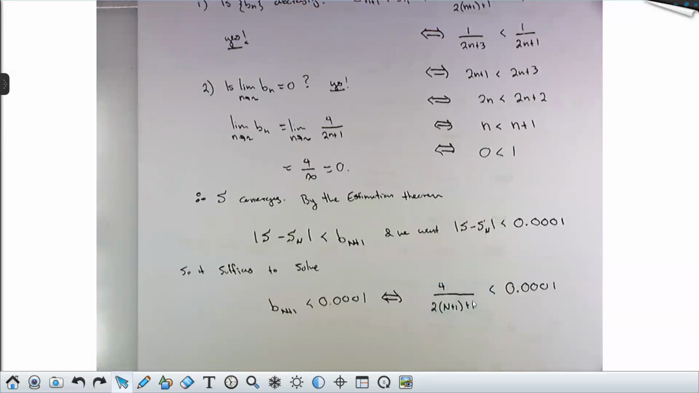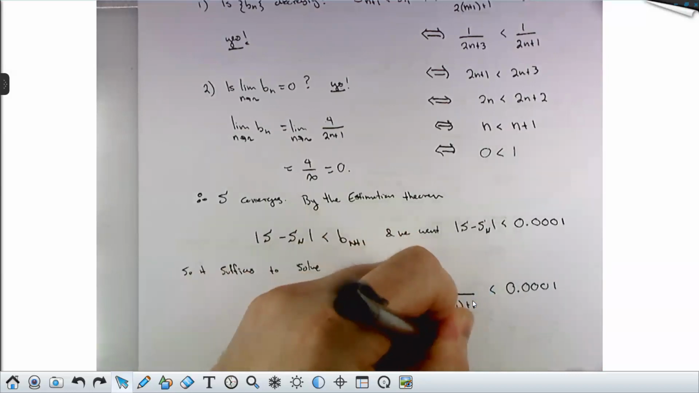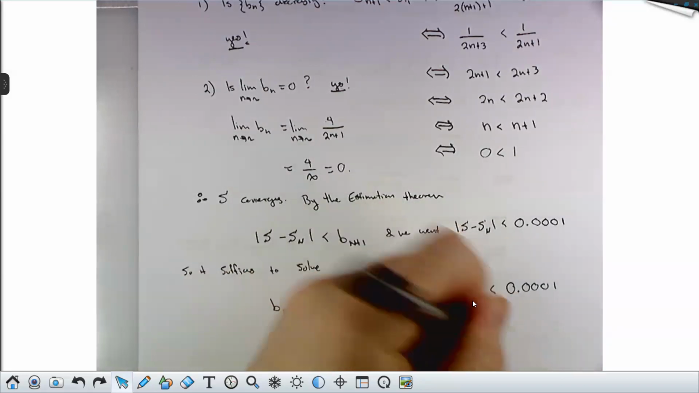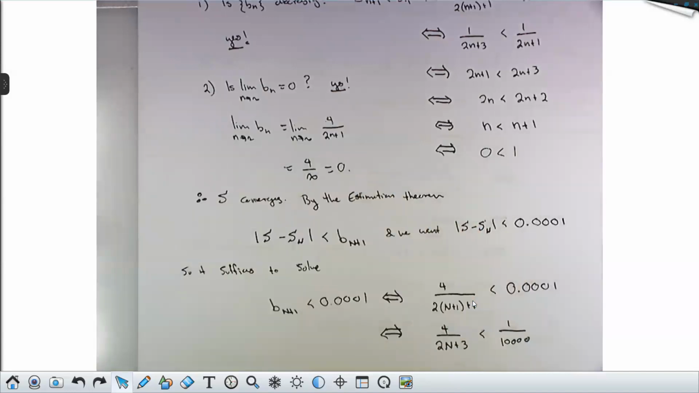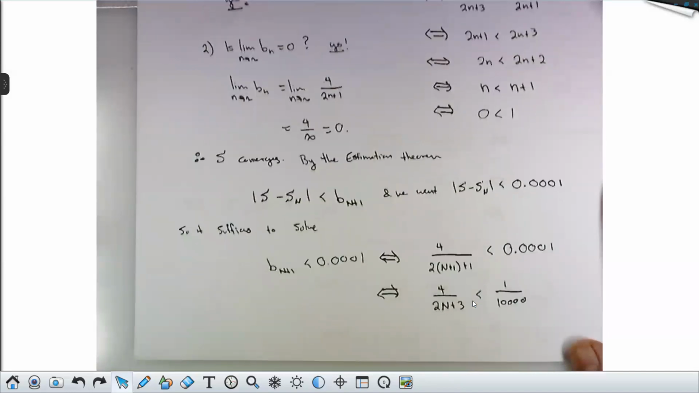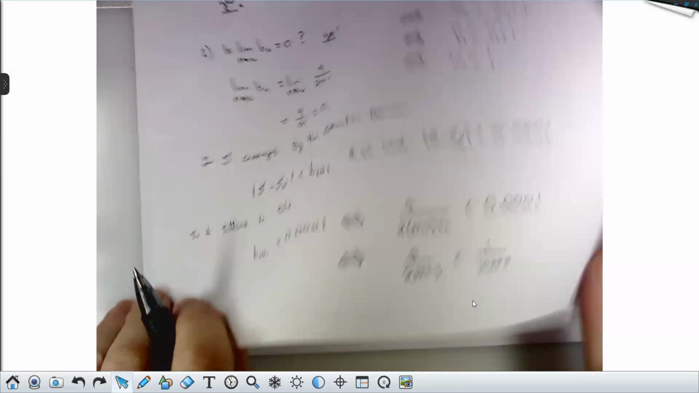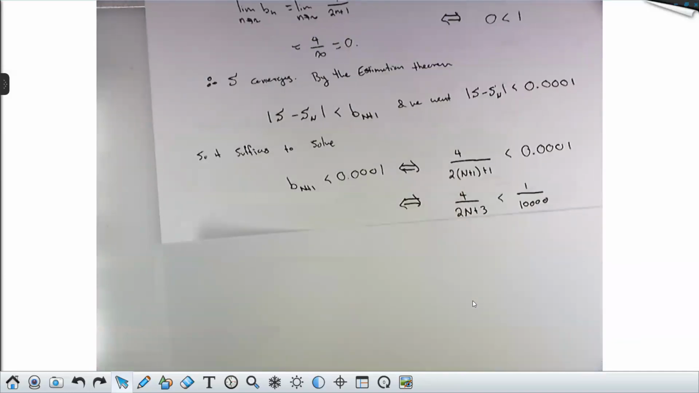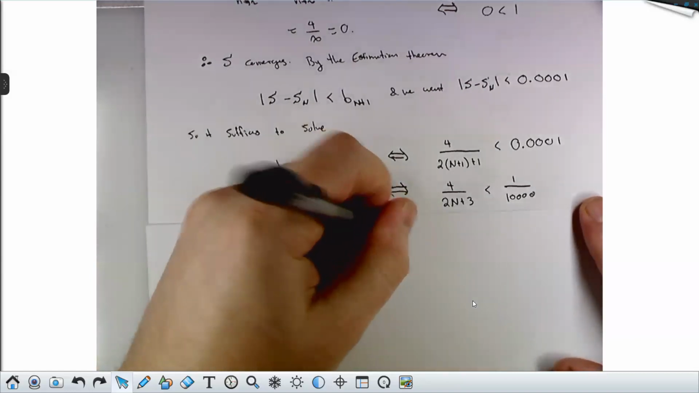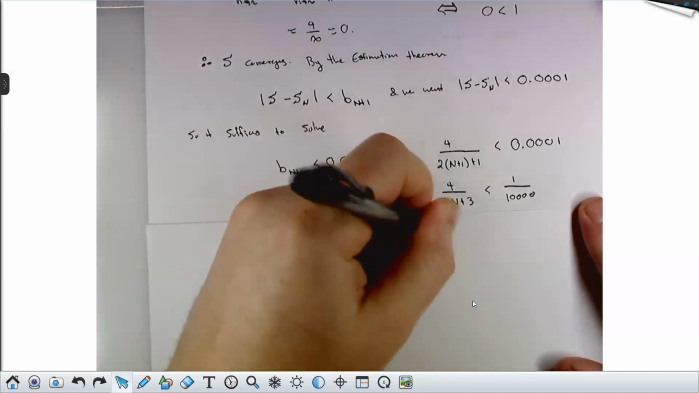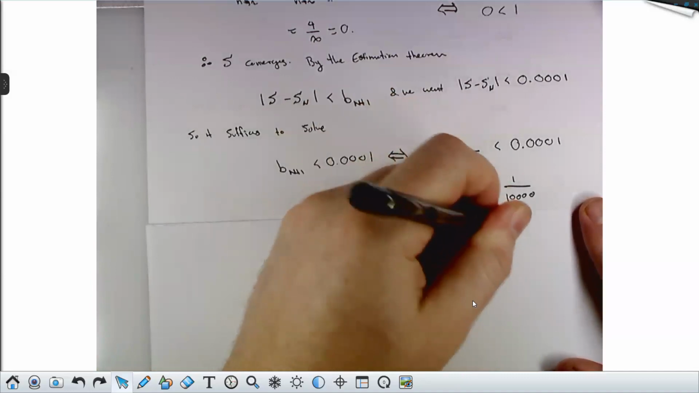And again, we can distribute downstairs and do all the same sort of inequality things that we would want to do. This is going to be 4 over 2 cap N plus 3 is less than 1 over 10,000 again. If I wanted 2 decimal places, they just lop off a 0. And then we can do all the same sort of things. We'll cross multiply. That'll give me 40,000 is less than 2N plus 3,